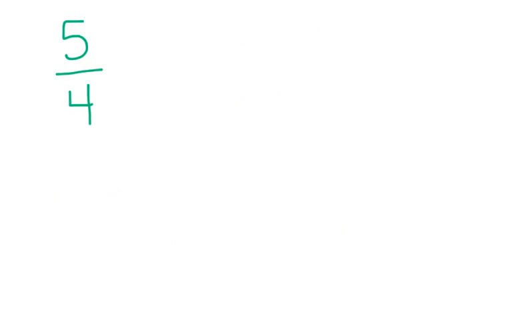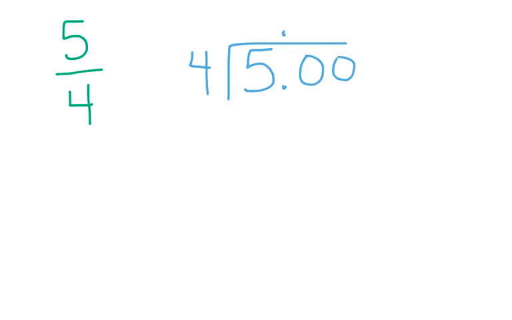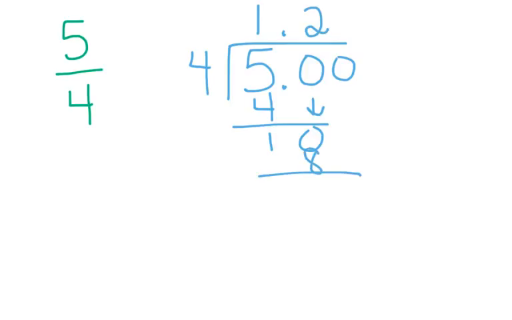All right, last fraction. Oh, improper. Wonder how that's going to work. Well, I'm going to follow my same rules. So 5 divided by 4, add my decimal point, some zeros, and I'm just going to start dividing. 4 goes into 5 once, subtract, bring down my 0, goes in twice, 2, bring down my 0, goes in 5 times. So my decimal equivalent is